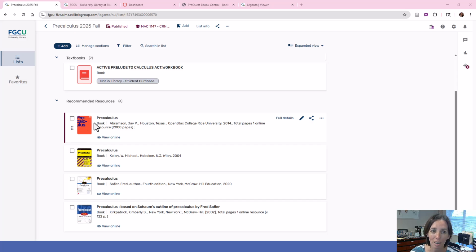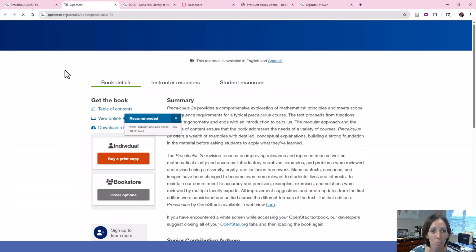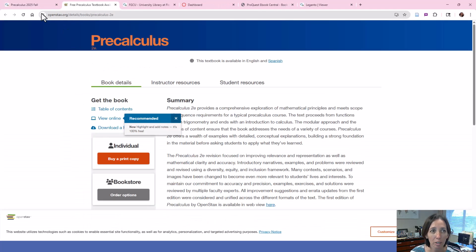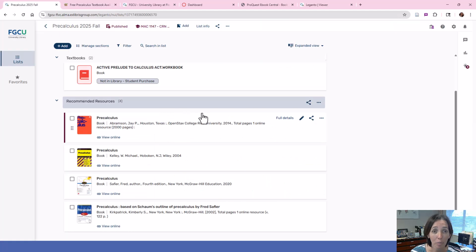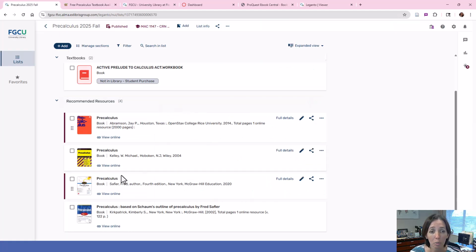This is an OpenStax book, so that's actually an OER available out on the web. So the links just go to those resources. This is a great way to supplement those required textbooks with maybe some other additional vetted resources that the library can provide or that are available out on the web. Just to show you,